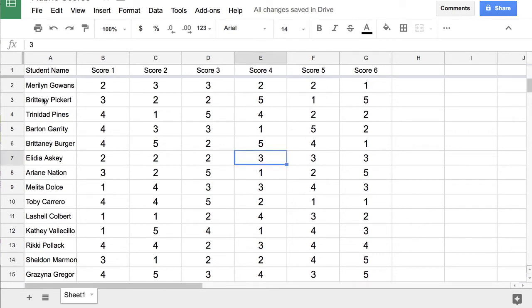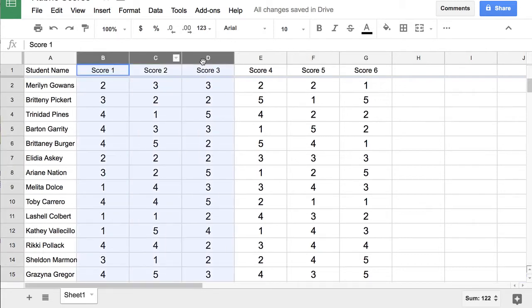So I've got here a list of student names and some rubric scores that they've had, but it's kind of confusing to figure out, okay, how are they really doing? Wouldn't it be helpful if they lit up like a Christmas tree? Absolutely. So what I'm going to do is highlight these columns with rubric scores, and I'm going